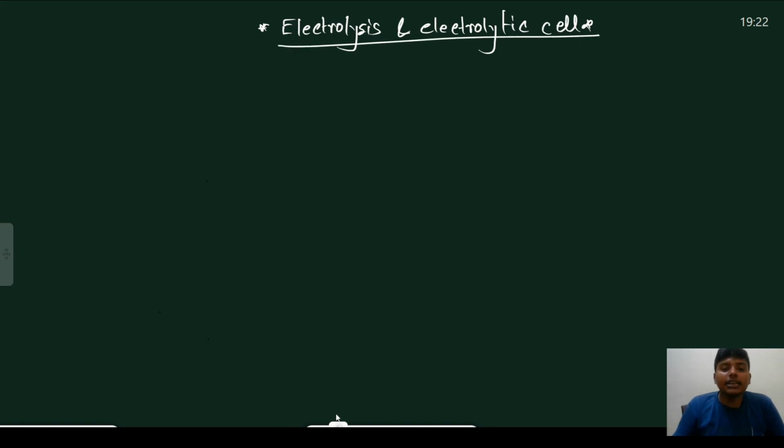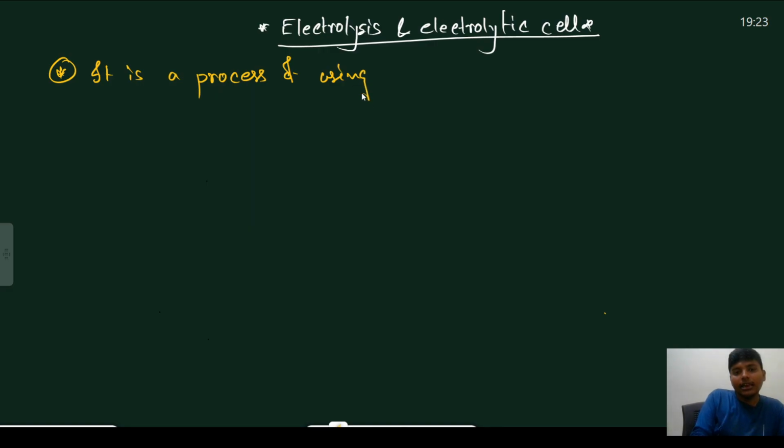So first of all, what is electrolysis? Electrolysis means it is the process of using an electric current to carry out an otherwise non-spontaneous reaction. Okay. So what is electrolysis? It is a process of using electric current to carry out